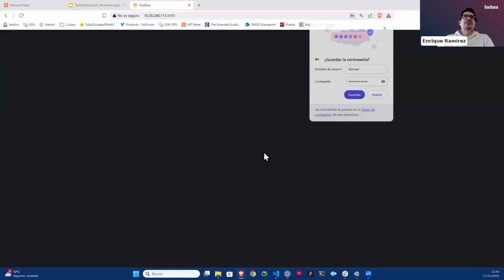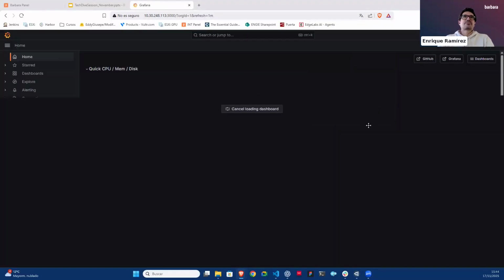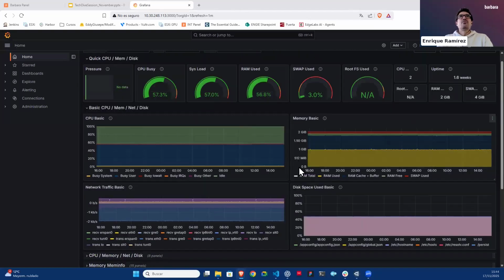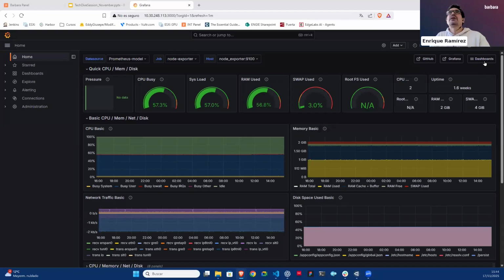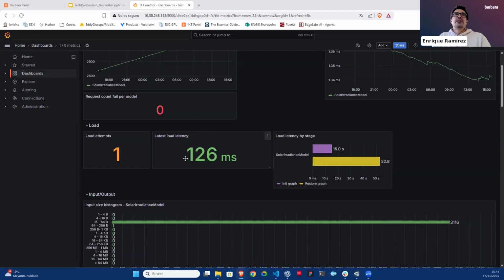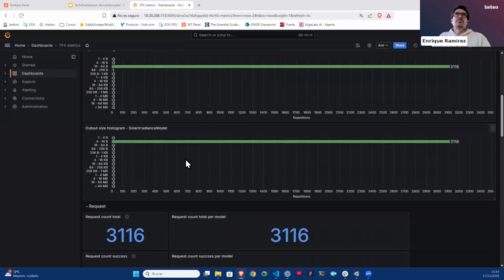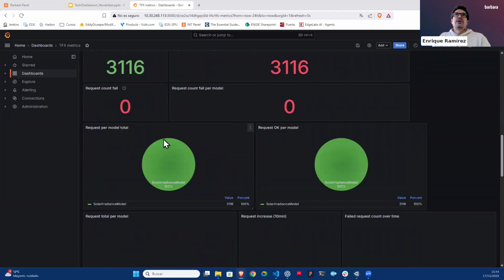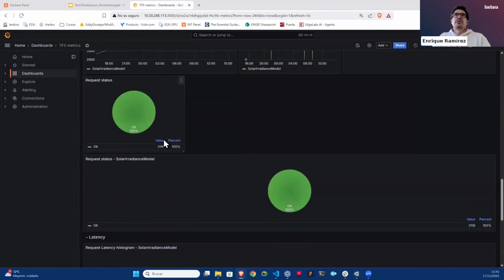Again, I enter in this Grafana, and here is where I have all the information for this model, okay? There are several dashboards. We have the TFX metric, where we can see the number of requests, the latency, average latency, all the information about the input, output, size histogram. Everything is available in this